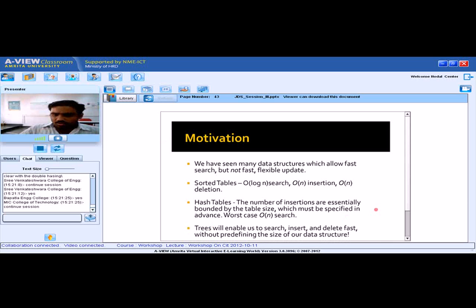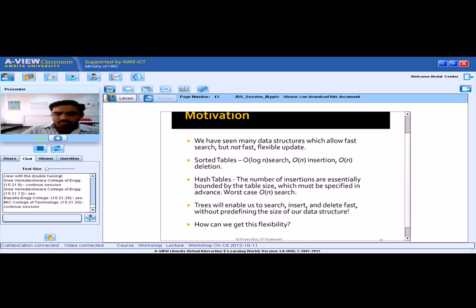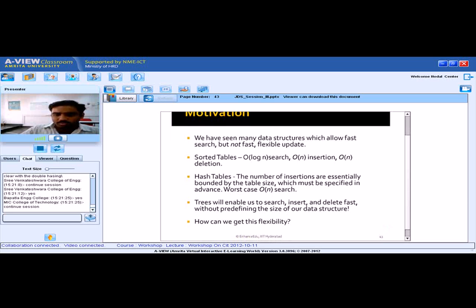So we have seen till now many data structures which allow faster search. But if you consider hash table, it has certain limitations like load factor and selection of hash function and all those things. We are losing some flexibility there. When the key set is becoming more and more, then we are having some problems